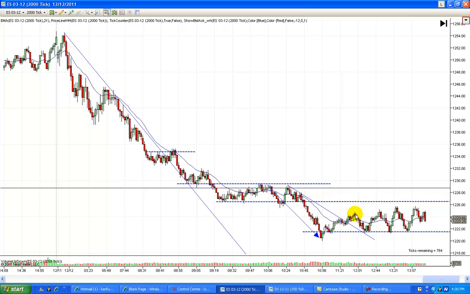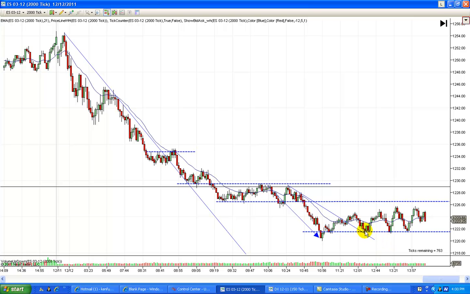Prices broke it right here, but notice we still had a retest. And what prices did, they came down and tested the trend line itself and then reversed, and rallied back up to a new high. And you remember on range days, every new high, swing low or swing high, is generally a chance to